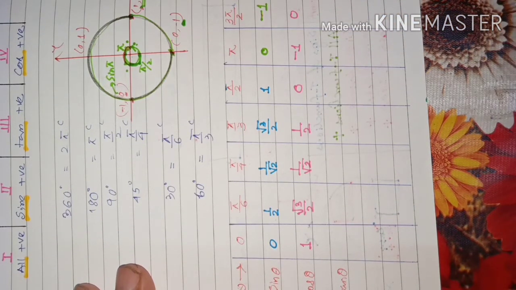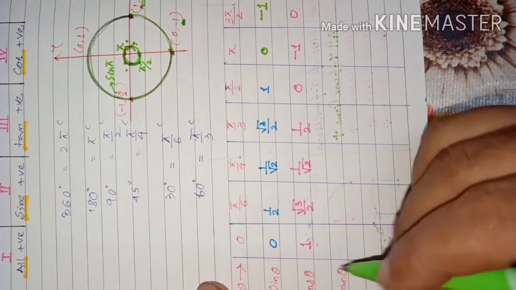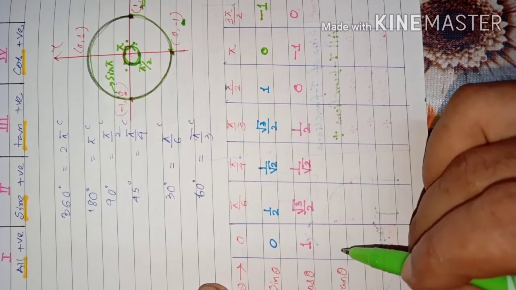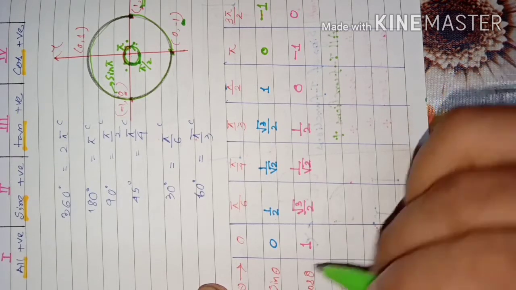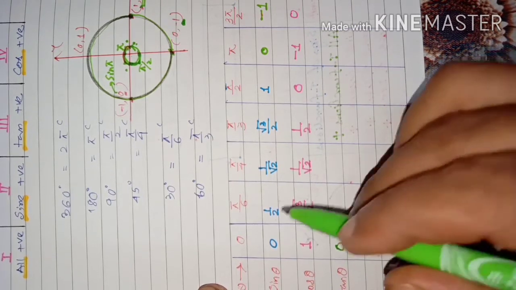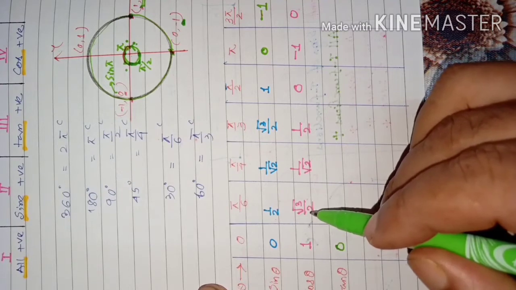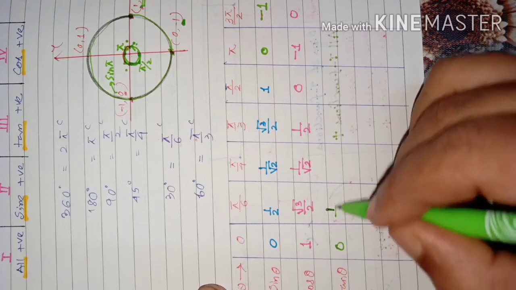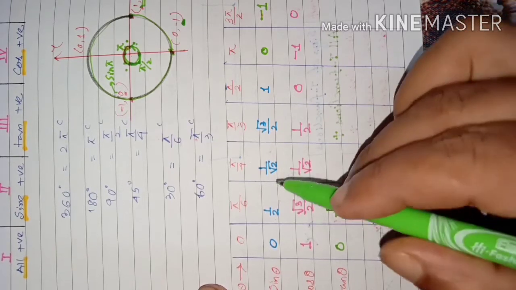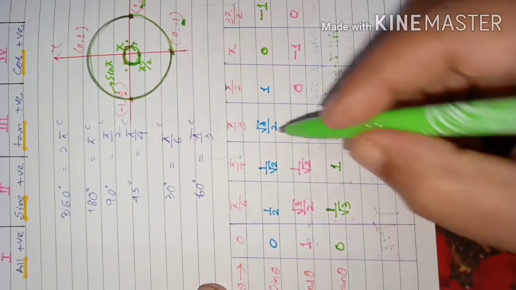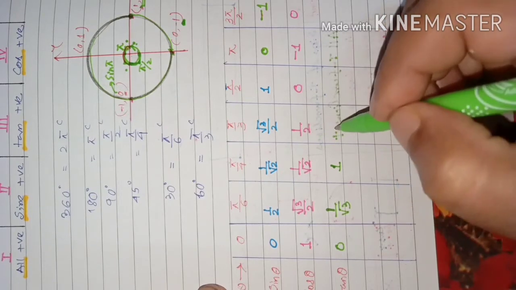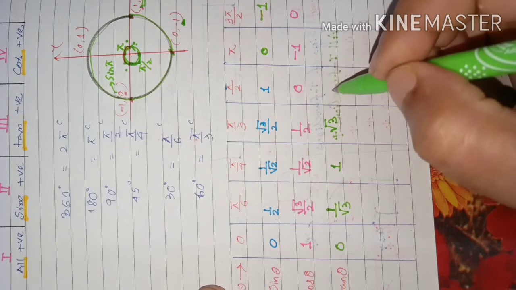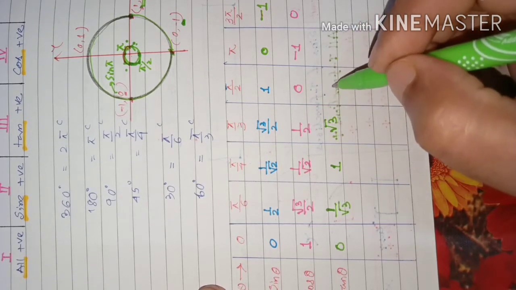In a similar way, we can write the values of tan also. Tan 0 is 0 by 1, 0. Okay. So 0 by 1, 0. Then 1 by 2 divided by root 3 by 2, because tan is sine by cos. So the 2s cancel, giving 1 by root 3. This will be 1. This will be root 3. This will not be defined. You can say infinity also. 1 by 0 is infinity.